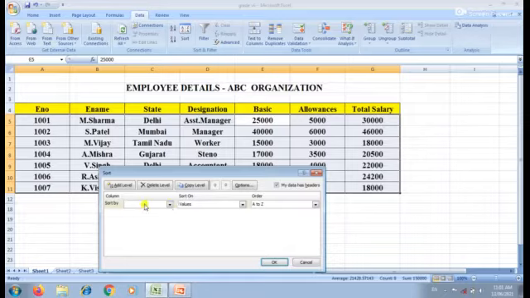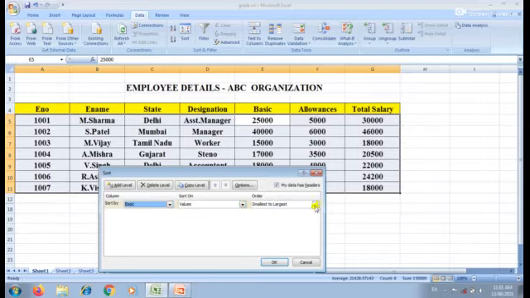When you click the drop-down arrow of the Sort by option, it displays the column names. In which column are you going to sort? That is basic. Click the column basic. Then it contains only values. I am going to arrange the basic column values in ascending order.